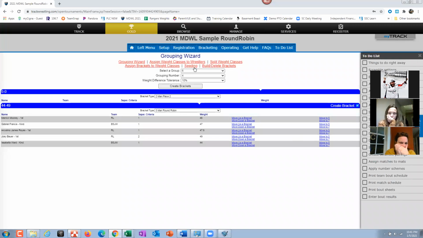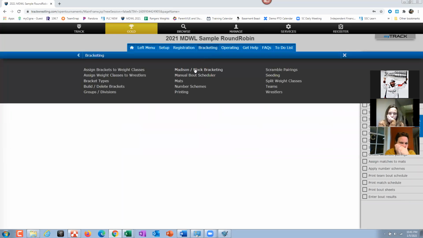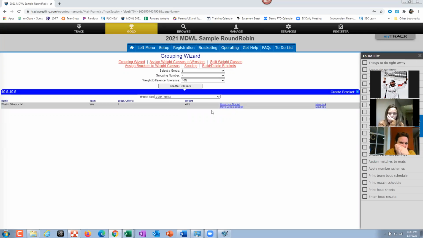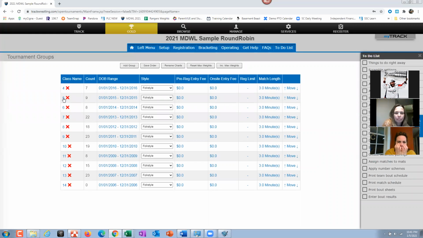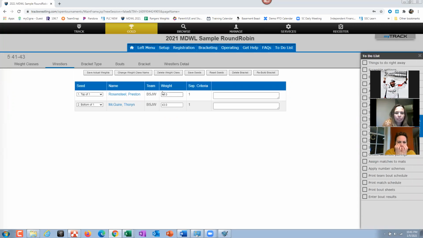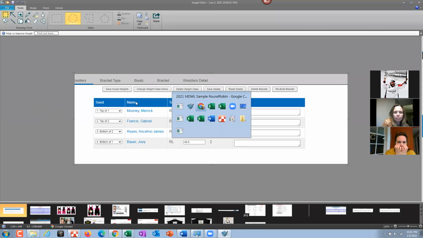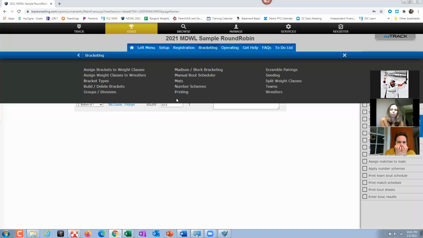Then I would have to create brackets. Okay. Then I go back to my 5-year-olds. Oh crap, I just have one person. So now I have to go find a place for him. So I go to 44. So he was 40. So then I would go to my 5-year-olds in here, find where my 40-pounders are here. This one's only got 2. I forget what person that was. Do you guys remember what team that person was from? No. So just shows you how to do.